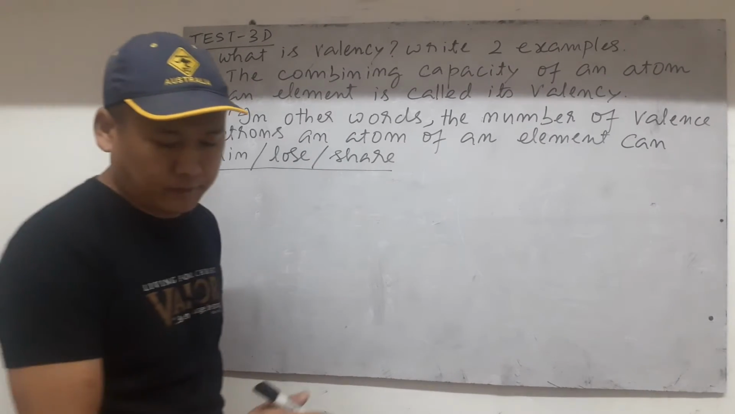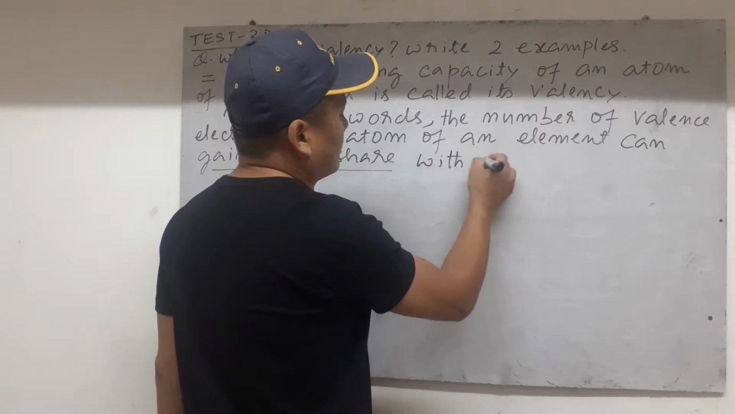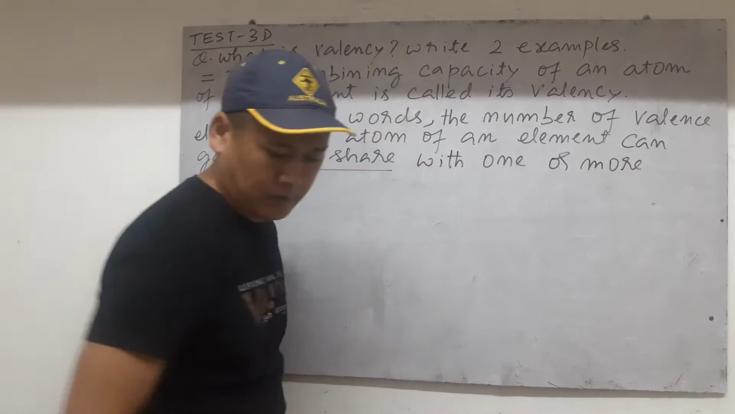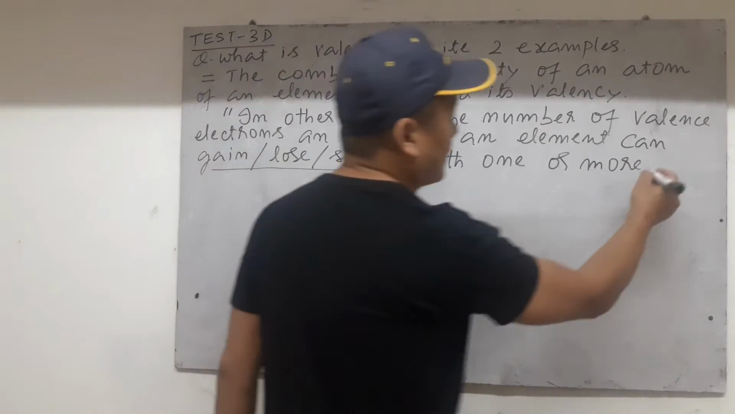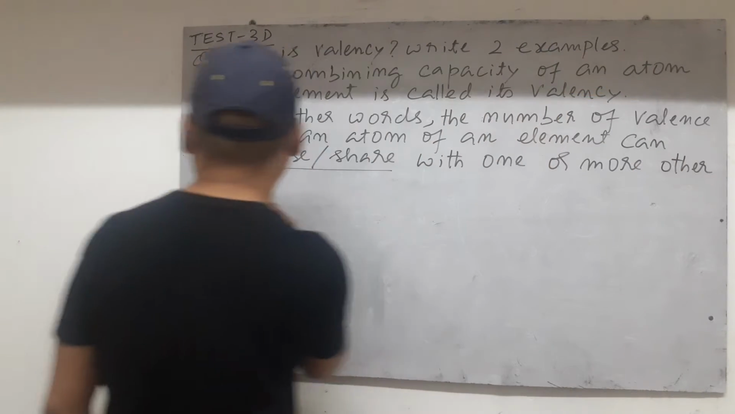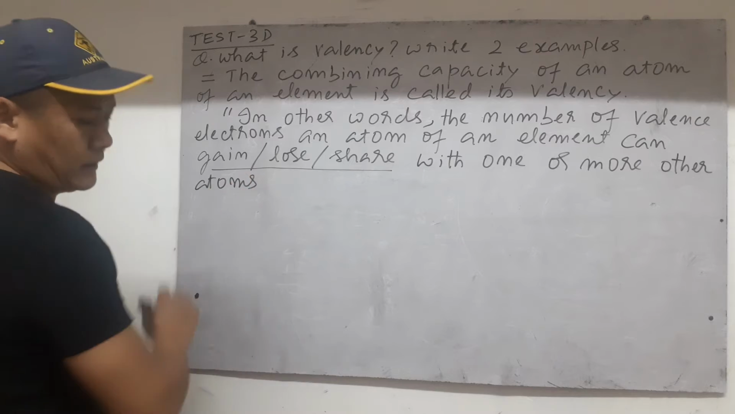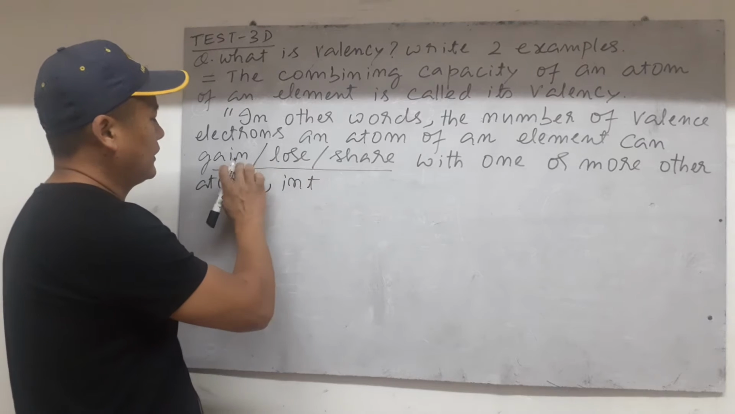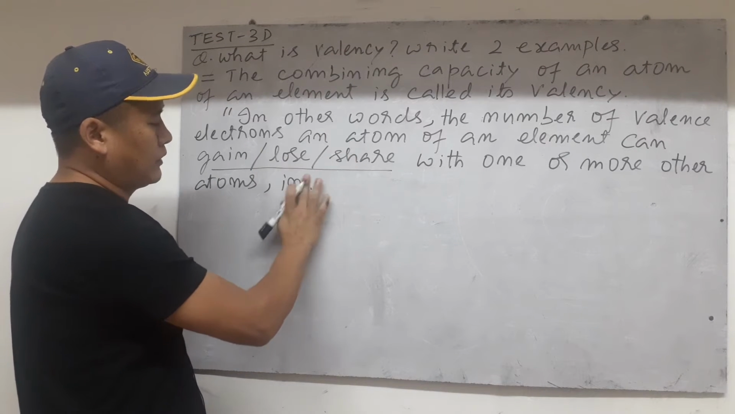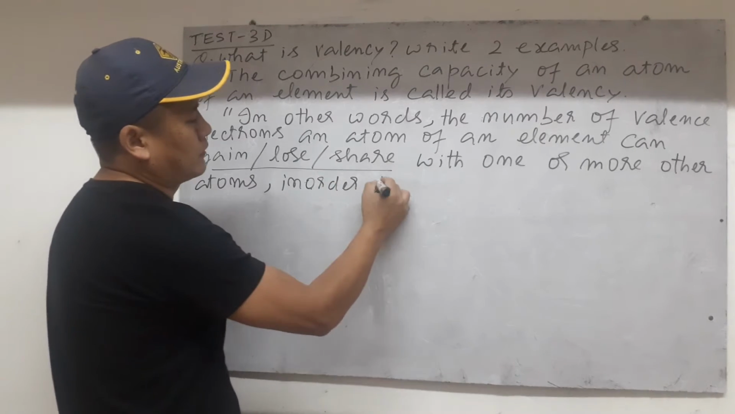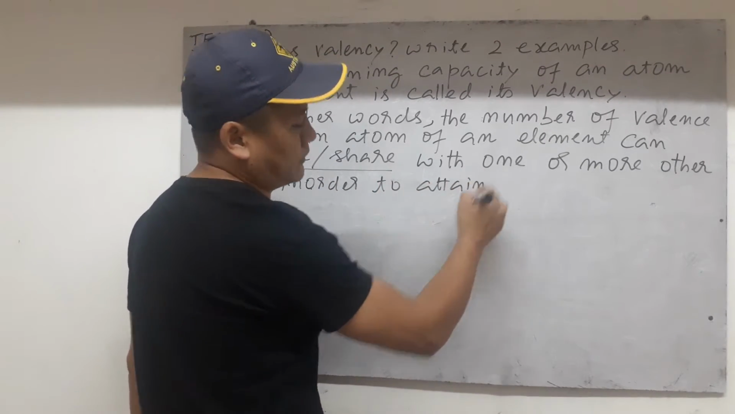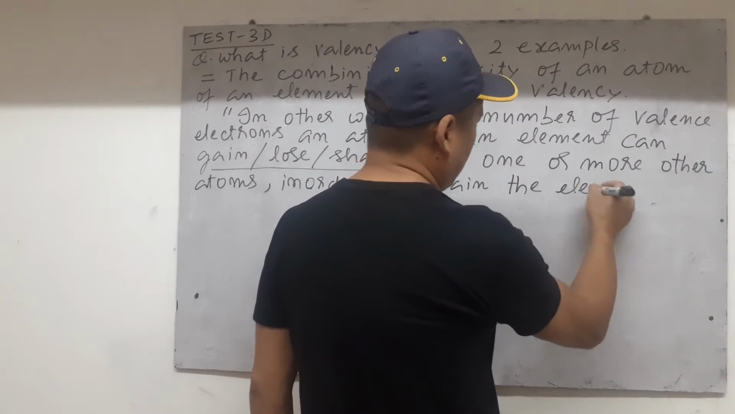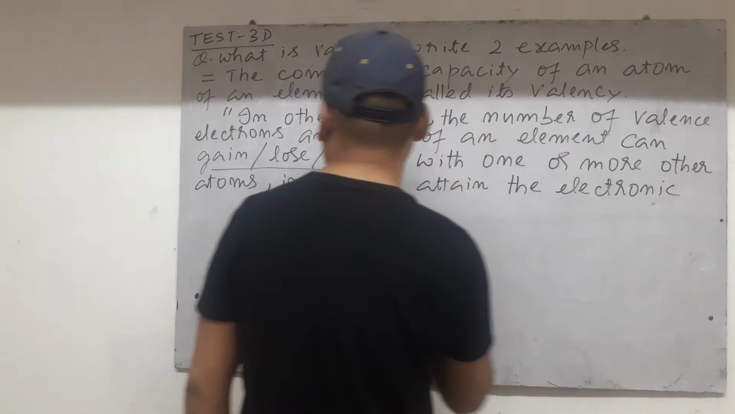share with one or more other atoms. It can be one, or more, that means two or three, one or more other atoms, in order to attain, this is important. Why do they do this? Gain, lose, share. The purpose is in order to attain, means to achieve, to attain the electronic configuration,